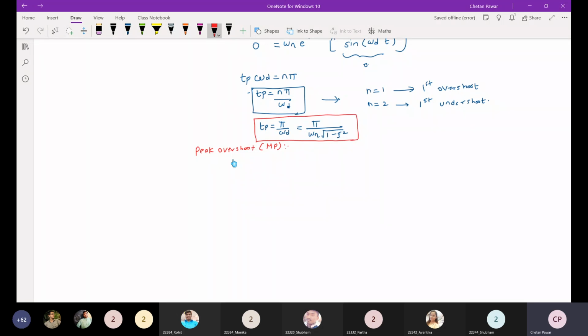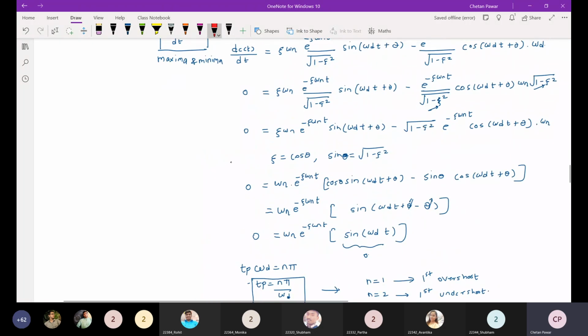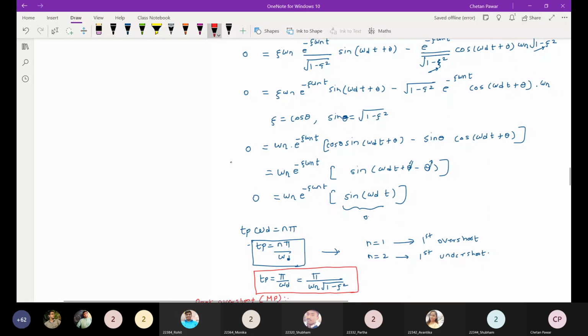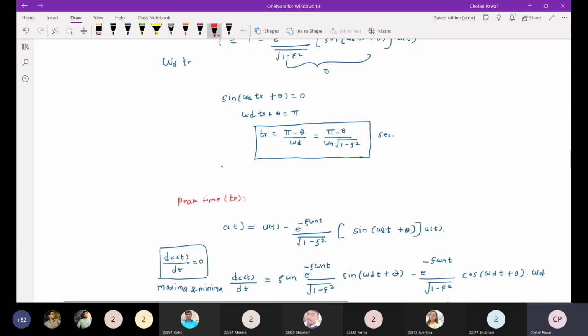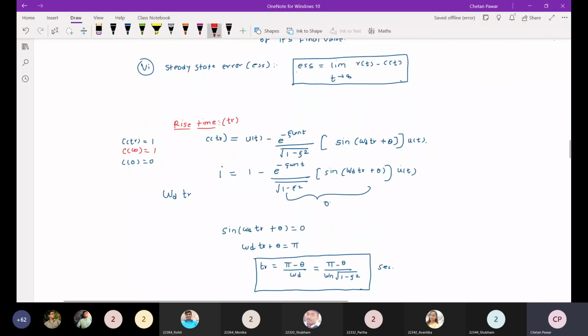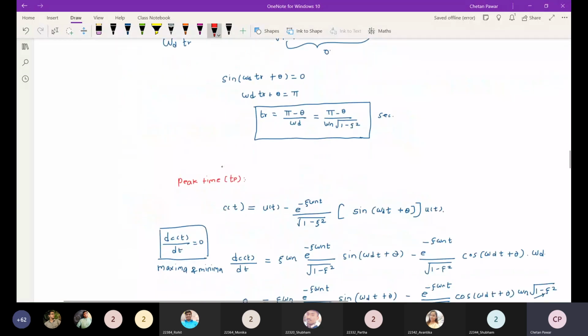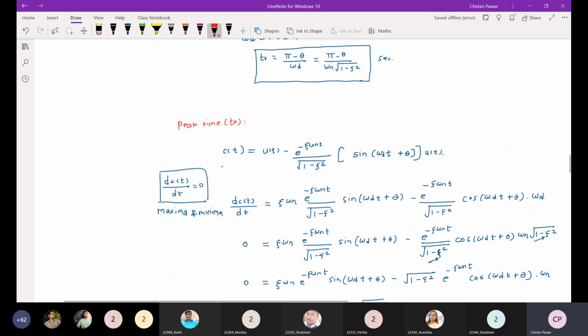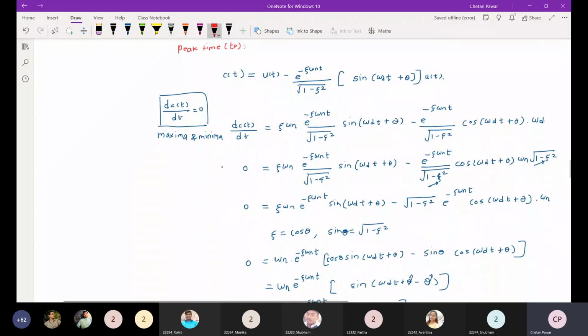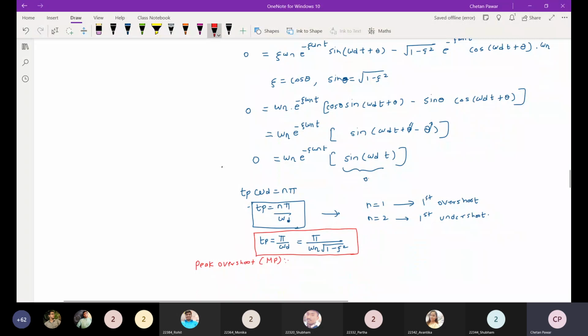Okay. So have you understood? Any doubt is there? No, sir. Generally there are problems based on these formulas. That's why we are deriving it. Okay. And for any system, if it is an oscillatory system, you can calculate the first peak time. Depending on that, you can optimize your system for those particular values. So like that way we need to find out these parameters.